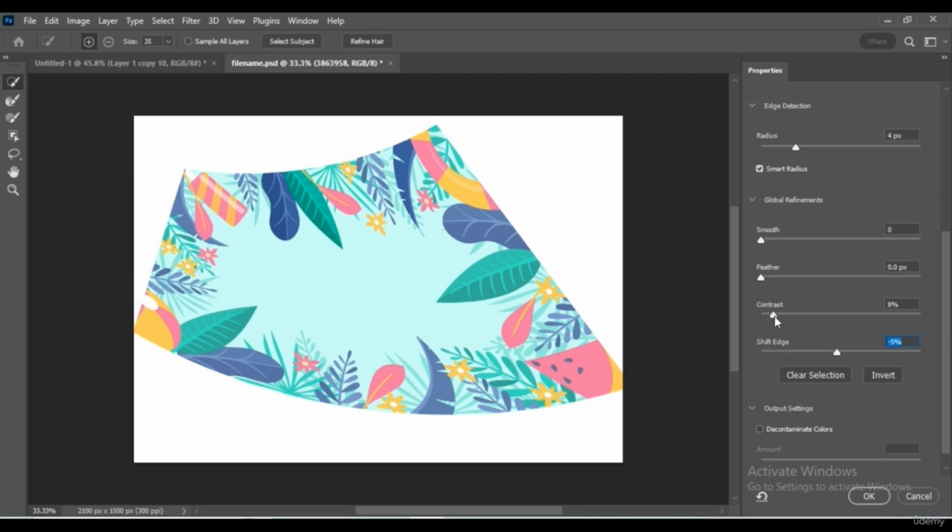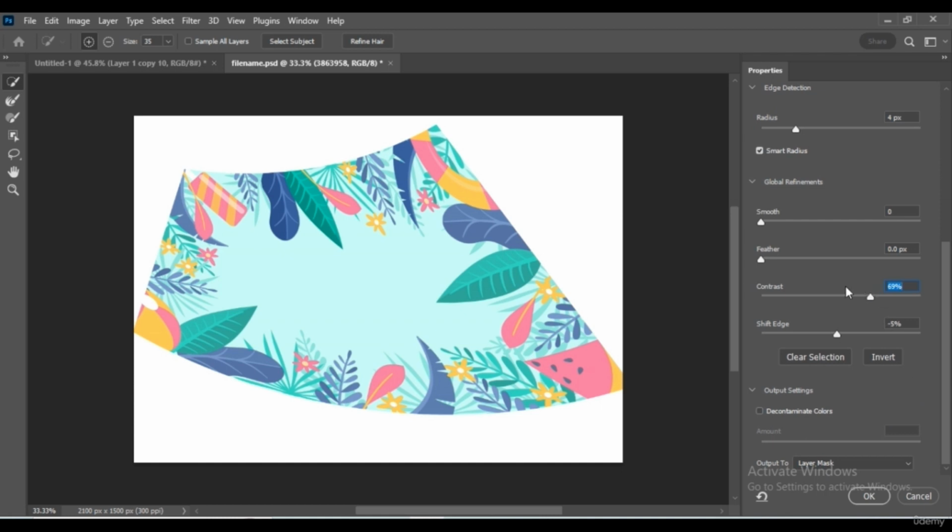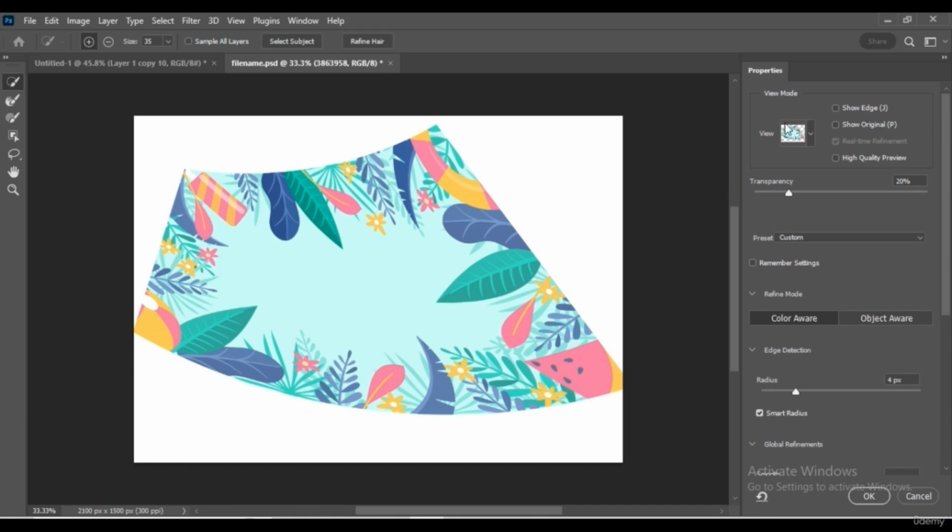And the contrast is to set the contrast between the selected and unselected areas. If you increase the contrast, the more contrast the selected and unselected areas will be. Then you click OK to see the result.